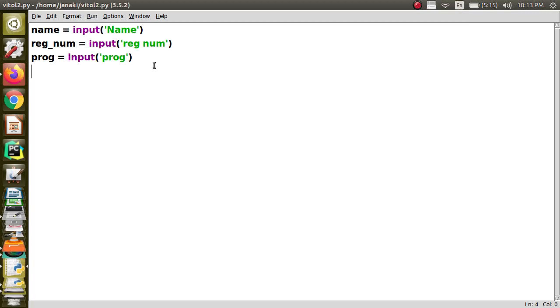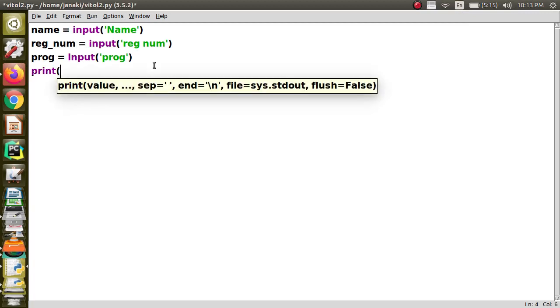Now I want to print it. When I print it, I want to print this way. That is, I want to print Name with a capital letter, and then I want to have a tab character after that. So I have to use \t. I already mentioned in the previous demo that you can use either single quotes or double quotes for string constants. But the point here is, if you start a string with double quotes, you should finish it with double quotes. If you start with single quotes, you should finish with single quotes. Otherwise you will get an error, right?